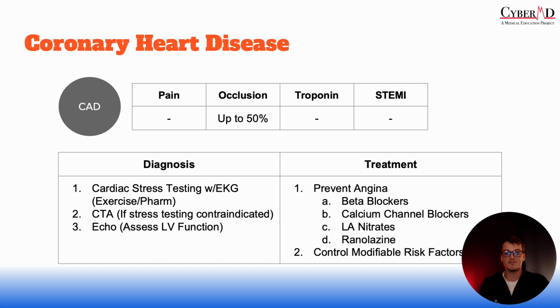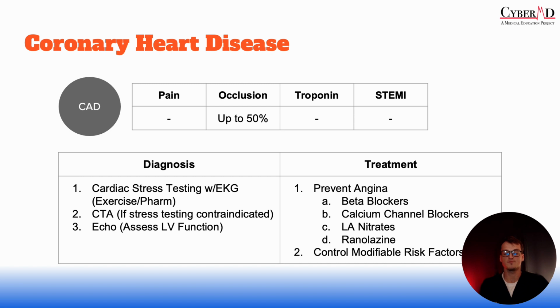There's no clinically significant ischemia going on in these patients, so their troponins will be negative as there's no damage to the myocardium. Additionally, because there's no ischemia or no mismatch between oxygen supply and demand, there are no EKG changes. In order to diagnose patients at this part of the disease spectrum, a physician may order cardiac stress testing with an EKG. This stress test may be an exercise stress test if it's safe for the patient to participate in that test,